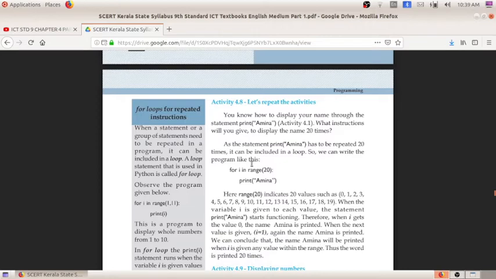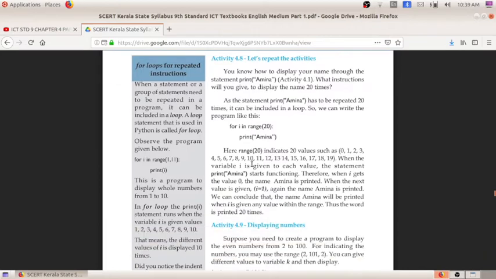So today we will be doing activity 4.9, displaying numbers, and this is the last activity of this chapter. This is also basically about the while loop. That means repeating the activities itself.